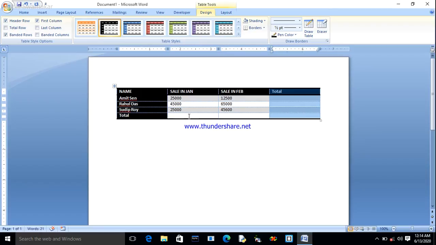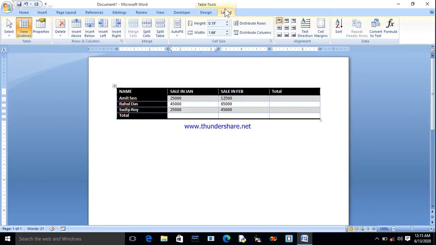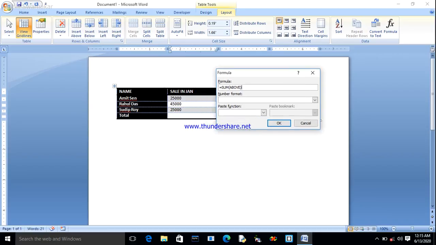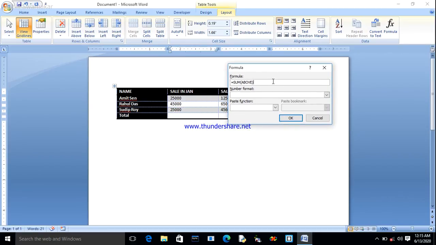Okay, so you can do it in MS Word in very different ways. First, I will show how we calculate the sums. We all know that we have to go to the Layout button, and from the Layout button we can click on the formula, and the function is given here, formula SUM(ABOVE), and it will calculate the result. So I will just show you.